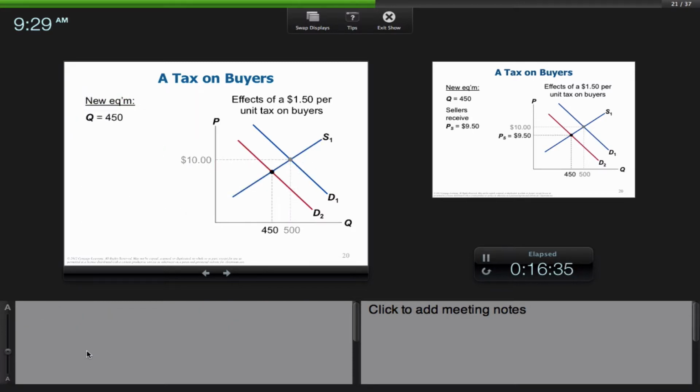End up with now? We brought supply back, okay? So at the new equilibrium price of $8.50, we have a new equilibrium quantity of